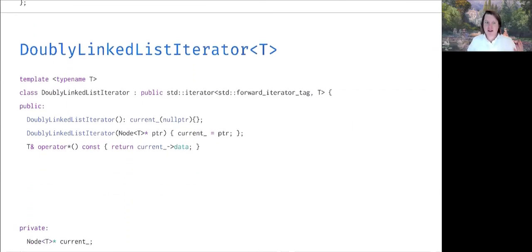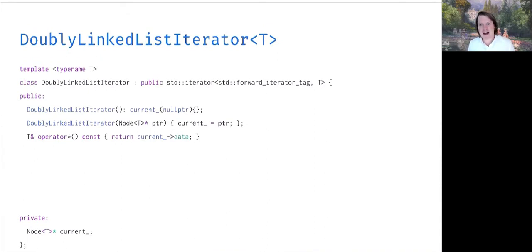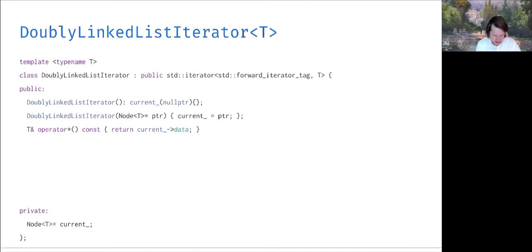So the first operation here that we're going to define is the dereference operation for the iterator type. If we look here, it's the asterisk operator. And if we notice, it's returning a reference to some sort of object of type T. What do we return in this case? Well, if we have an iterator to maybe this node